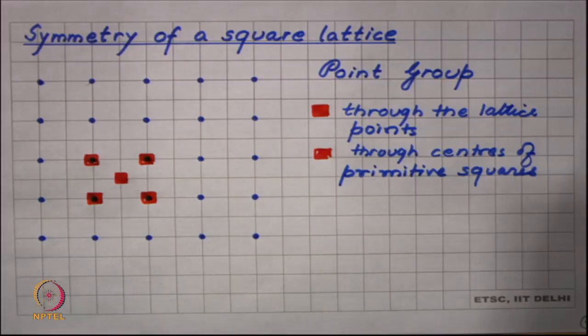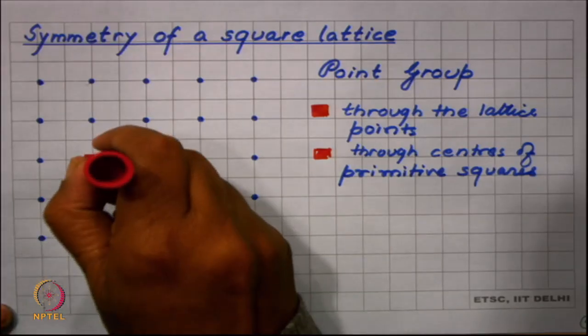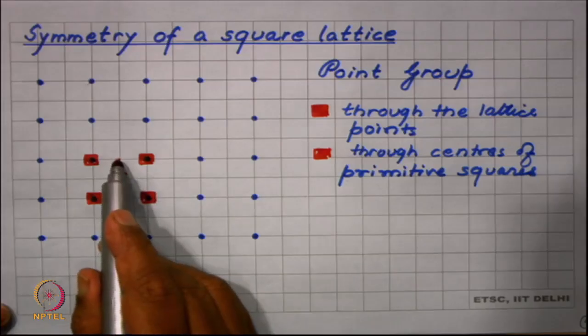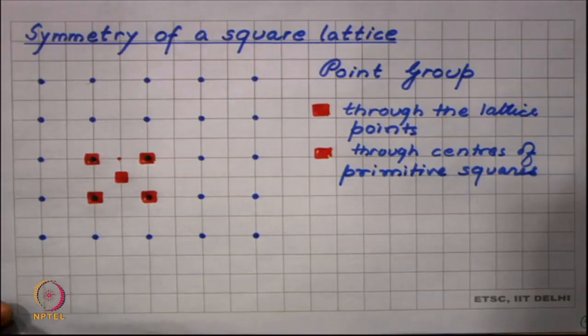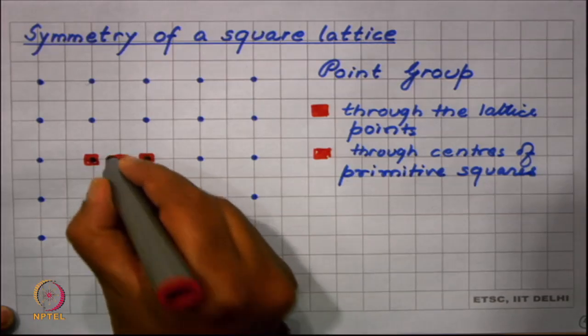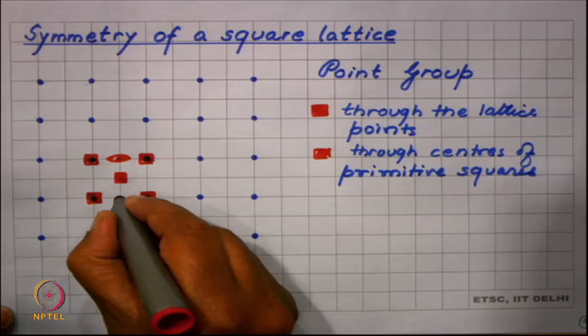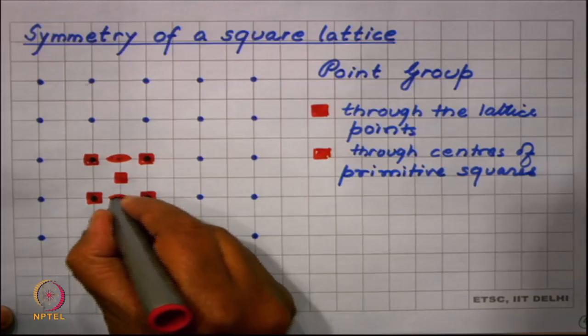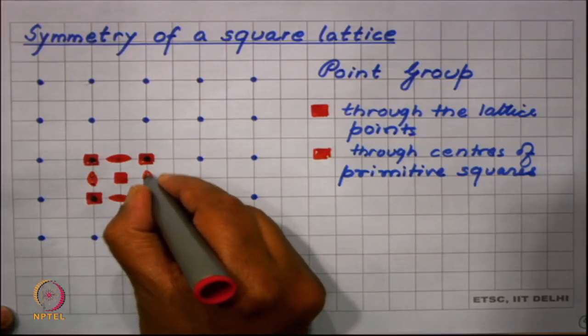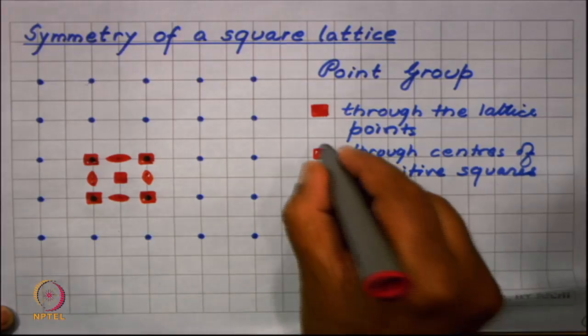Now, if we look carefully, we also find that if we rotate the entire pattern by 180 degree about a point like this, which is midway between two lattice points. So, a point which is midway between two lattice points, and I rotate by 180 degree, then the lattice will also come into self coincidence. So, there is a twofold axis midway between two lattice points. So, here also at these locations. So, I have dyads or twofolds